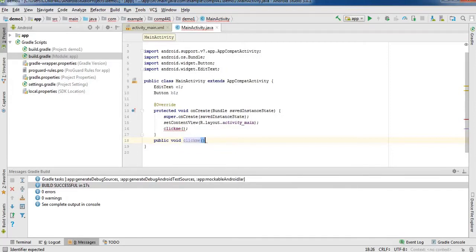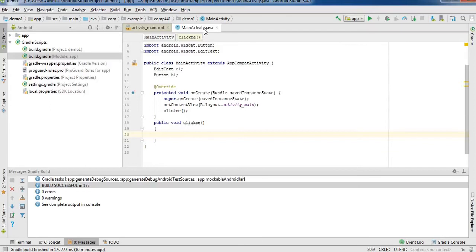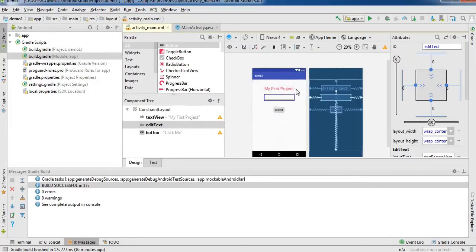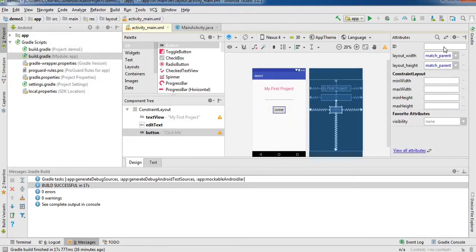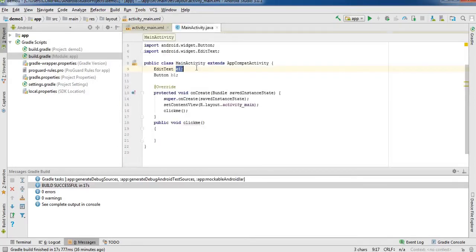Again like this. So from Java to XML, in Java we have declared the variables E1 and B1. We have to assign those variables from this XML. So this edit text has the variable edit text, and this button has the variable button, so we have to write code like this.